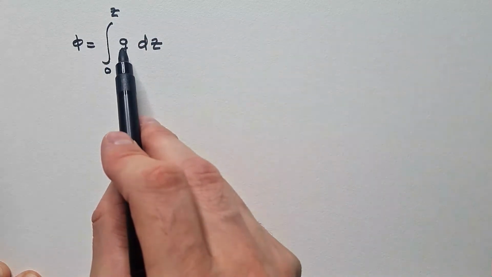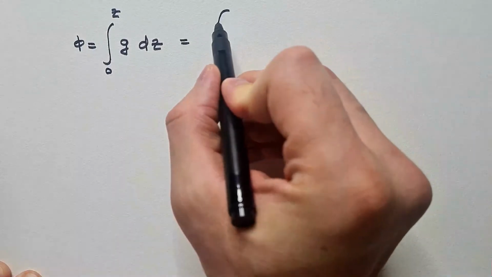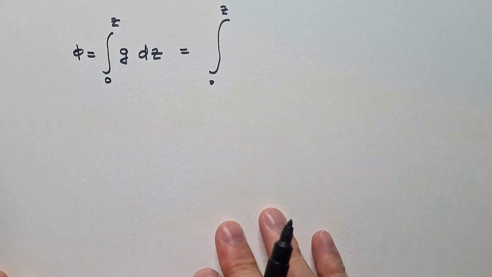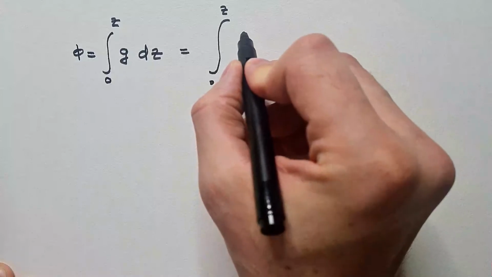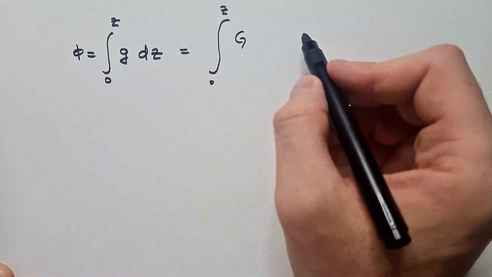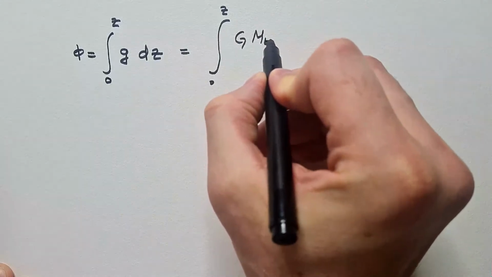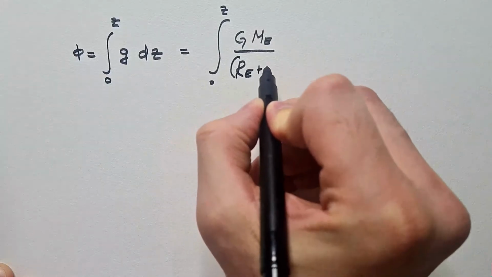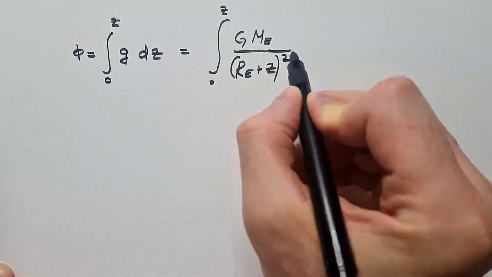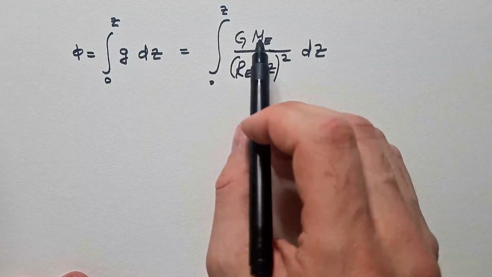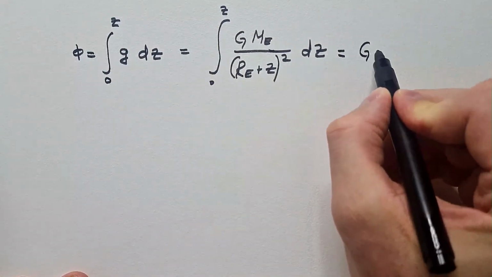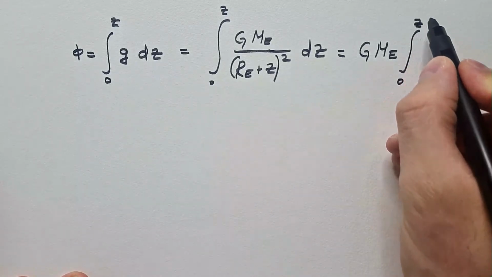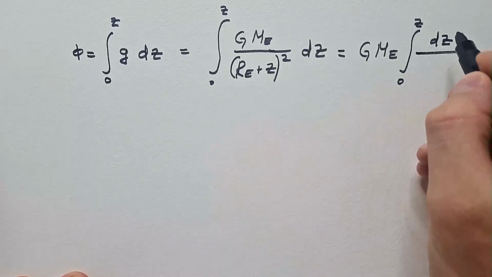Now g is a function of z, and how it depends on z is explained in my video on Newton's law of gravity, and we know that this g, small g, is actually capital G, which is the universal gravitational constant, times the mass of Earth divided by the radius of the Earth plus z, everything squared, dz. Because they are true constants, I can also put them in front of the integral and write G M_E integral from 0 to z of dz over